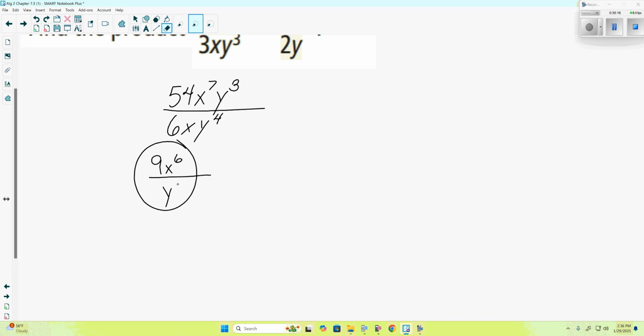And if we want to list the restrictions, x cannot be 0, y cannot be 0. For this one, yes, because we're multiplying together. Addition and subtraction is when we really start getting different values, like x minus 3 or y plus 2, and that's what would cause it to be 0. Since these are just multiplying,